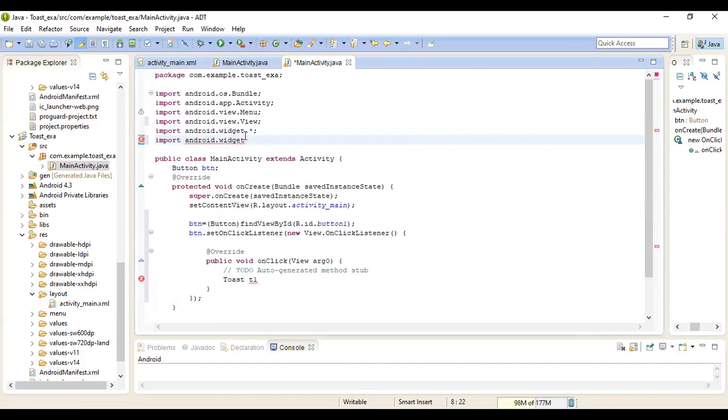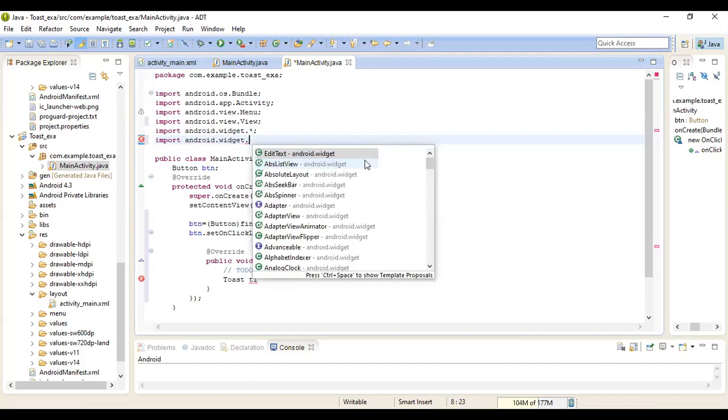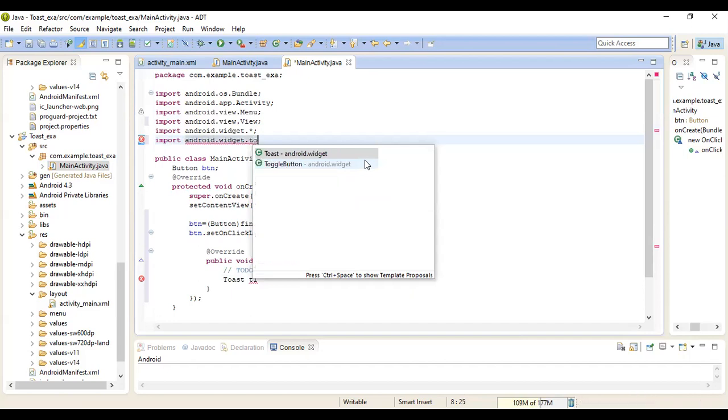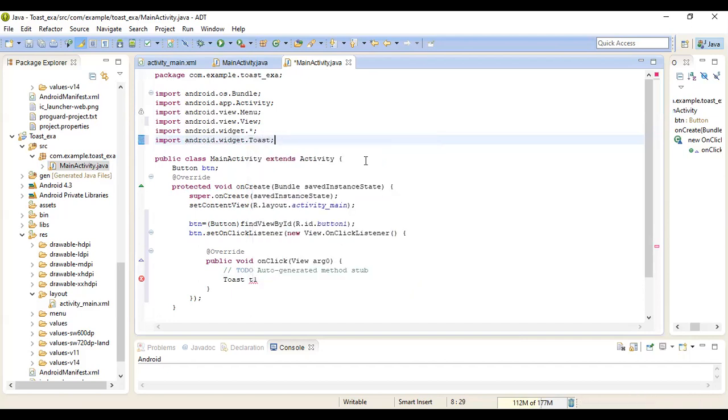Already we have chosen widget.*, so all the widgets are supported by default. But if you want to add a specific package for a specific widget, then you can add it like this: import android.widget.Toast.